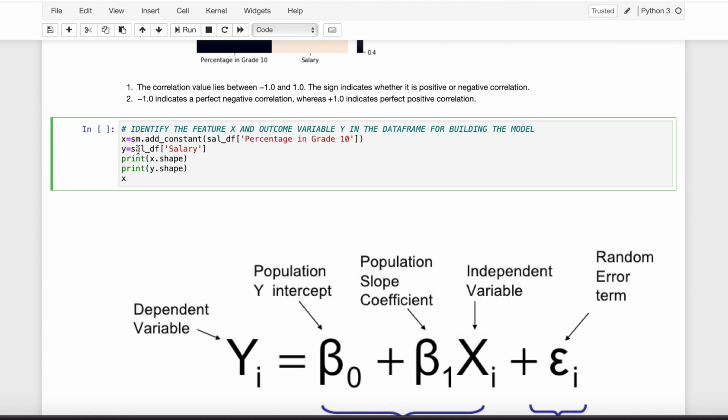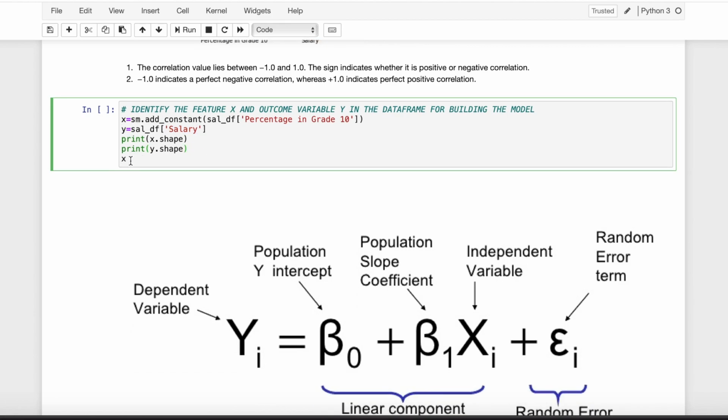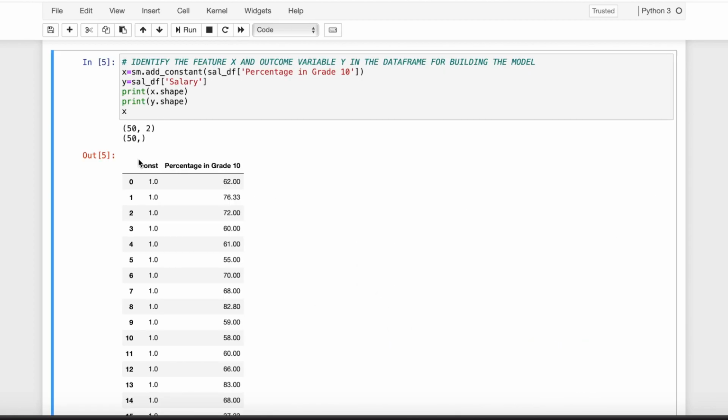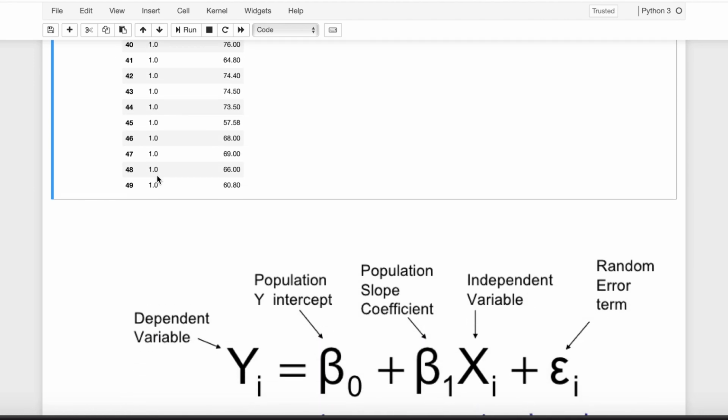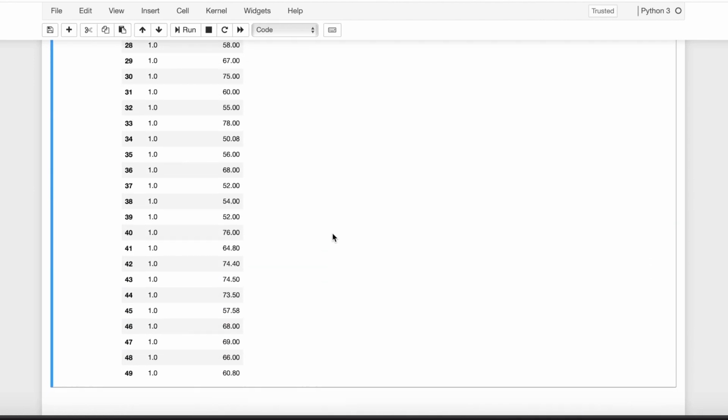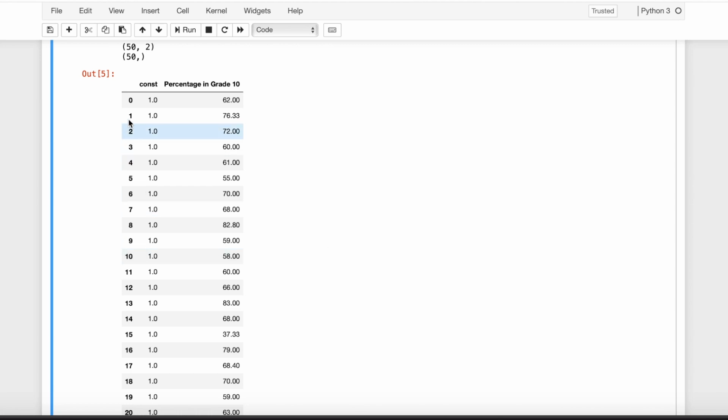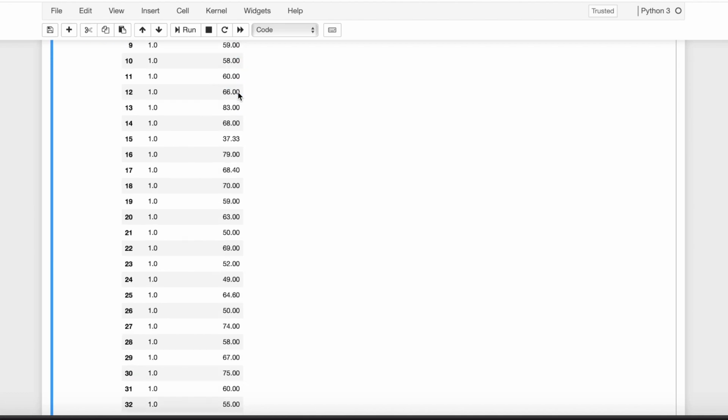Now after doing that, for y we will insert the salary variable into y, and let's see what would be the outcome for that. As I have mentioned earlier, we have added a constant to calculate the intercept value, which will remain constant throughout. So here 1 is added as a constant and the x remains the percentage in grade 10.